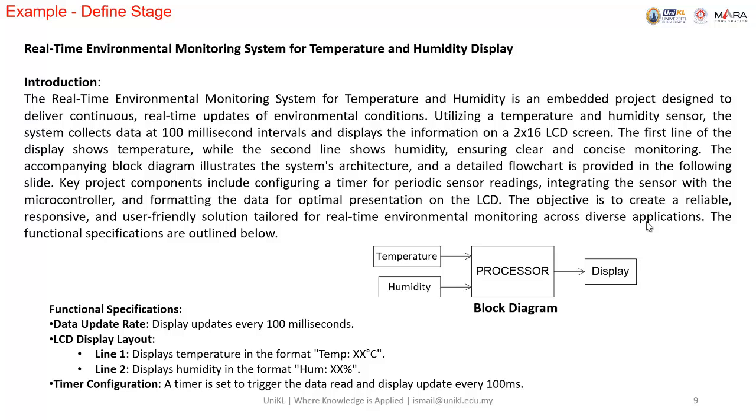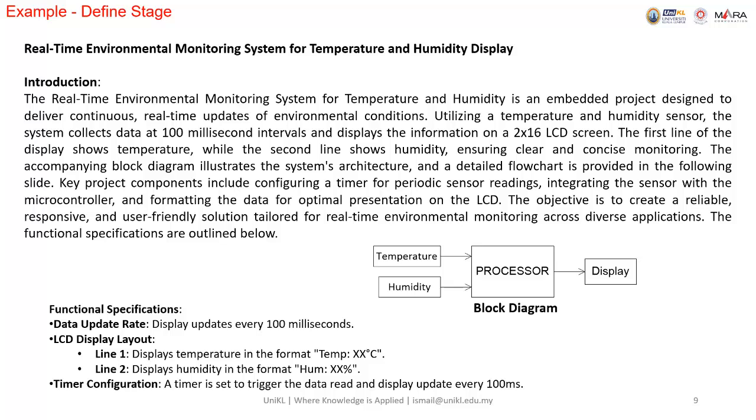a real-time environmental monitoring system for temperature and humidity display. As an introduction, the real-time environmental monitoring system for temperature and humidity is an embedded project designed to deliver continuous real-time updates on environmental conditions. So this is the definition of the project. Utilizing a temperature and humidity sensor, the system collects data at 100 millisecond intervals and displays the information on a 2x16 LCD screen. The first line of the display shows temperature, while the second line shows humidity, ensuring clear and concise monitoring. The accompanying block diagram illustrates the system architecture,